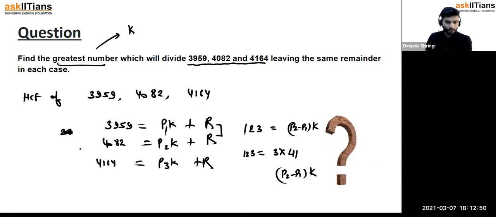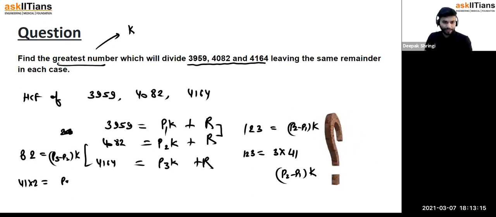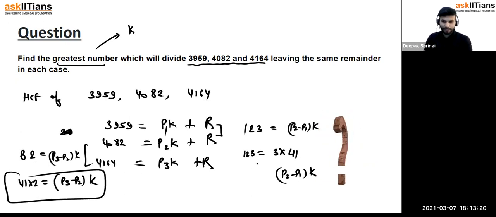डोंट वरी अबाउट दैट। देखो इन दोनों को सब्ट्रैक्ट करो, कितना आएगा? 2 और 8 और 8, 82 आ रहा है। 82 जो है वो p3 माइनस p2 टाइम्स k है। अब हो गया आपका सॉल्व। देखो समझना बात को। यह आएगा 41 इंटू 2 इक्वल्स टू p3 माइनस p2 इंटू k। आगे फैक्टराइज ये होगा नहीं। अब आप इन दोनों को कंपेयर करो बस, you will get to know the value of k।